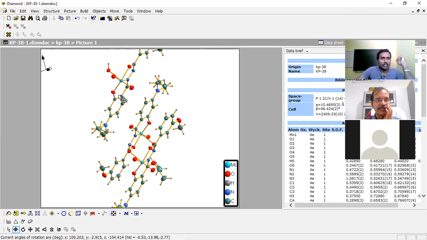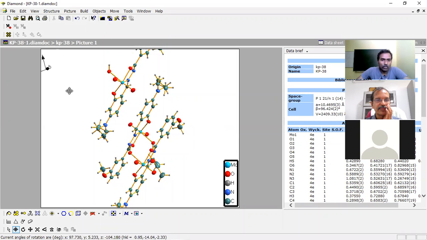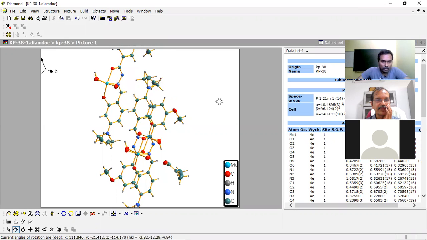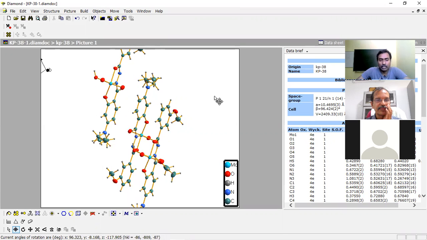So in our last class, we learned how to draw the molecule first, how to do the adjustments and the labeling, and get the appropriate positions to label. Now we are going to draw the pi interactions and any other CH pi interactions or hydrogen bonding interactions, everything. So in today's class,